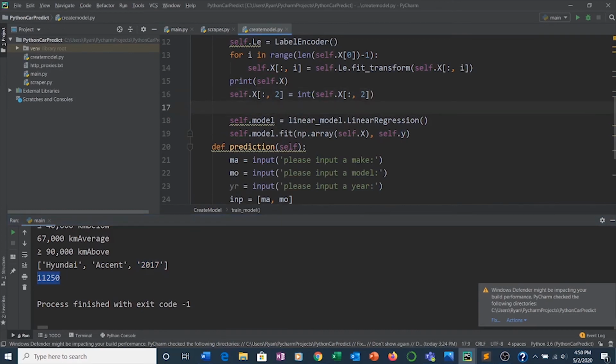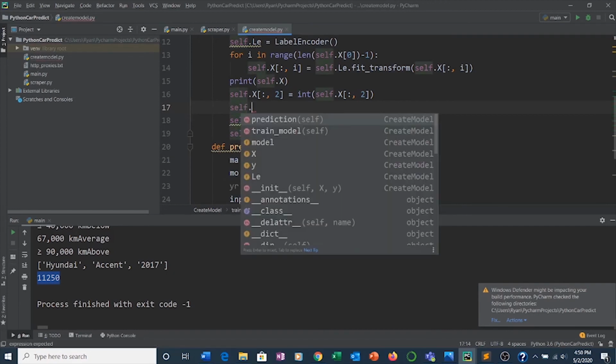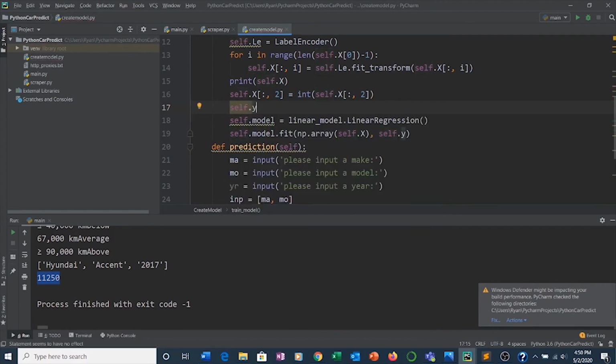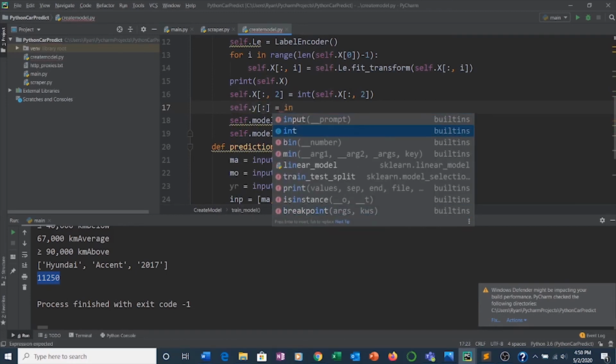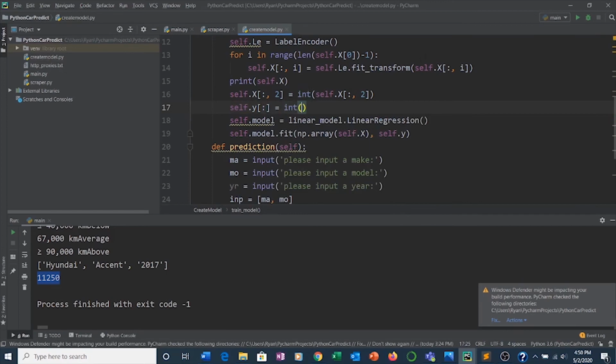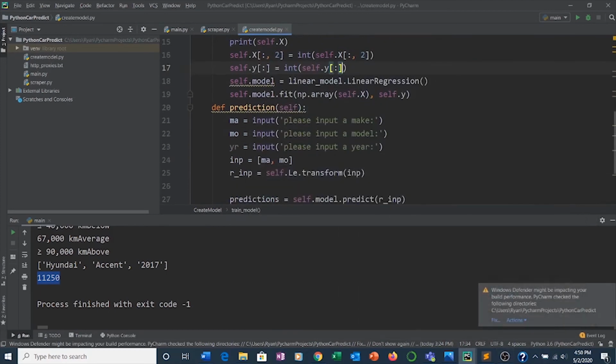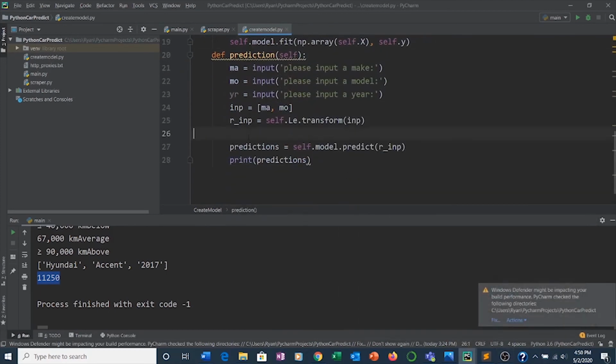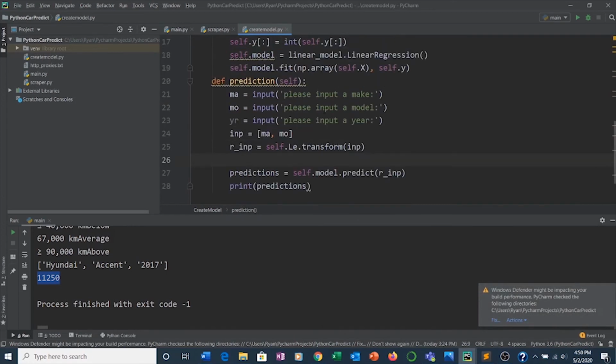So self dot y, and take all the elements equals int of self dot y and all the elements, like that. And then here we'll say, hold on, we'll fit transform the first two, and then what is our input? Our input,